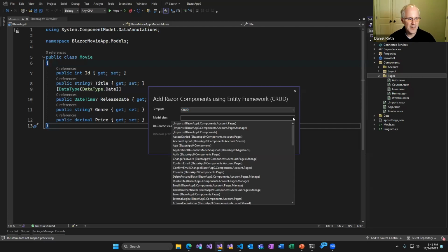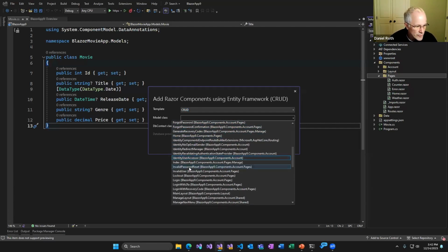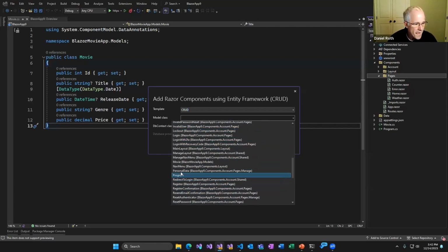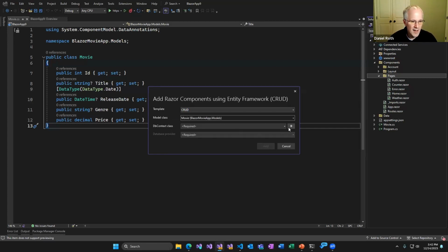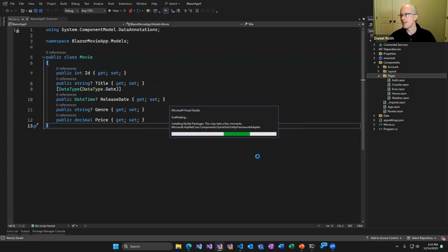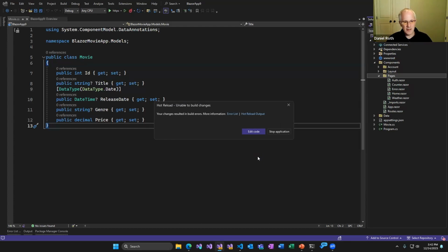I pick my model type. Let's find my movie type in here. There it is. Pick my DB context. I already have one because we set ourselves up with identity, and just go ahead and add that. And instead of having to write a bunch of EF Core code for my Blazor components, I'm just going to let Visual Studio do that for me. That should generate me